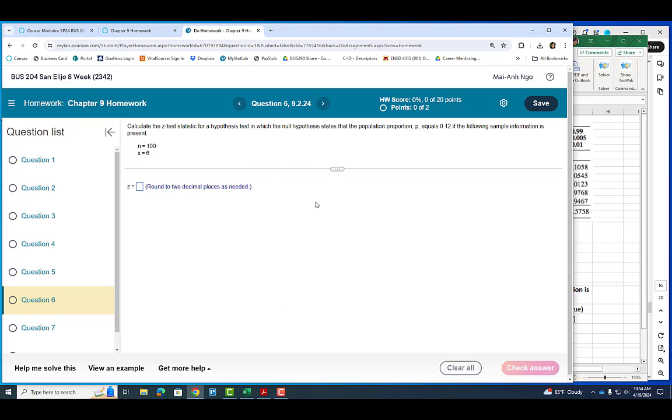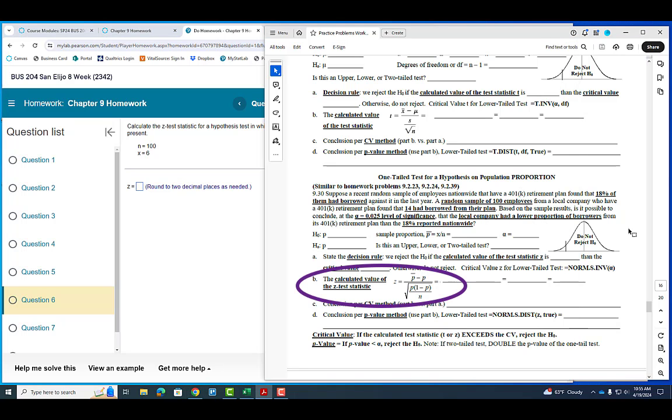And if you look at the Practice Problems Worksheet, it's this part of the process, right? So I've got here part B, finding the calculated value of the z-test statistic. And why I name it like that is to remind you it's something we have to calculate. And here's the formula that you would use to plug in the pieces of information in that problem to get